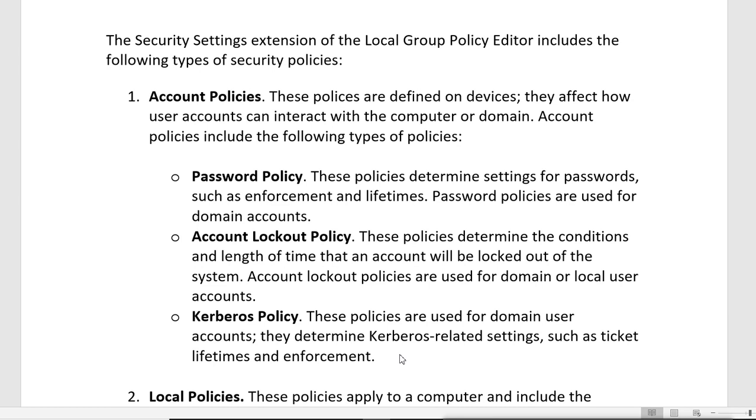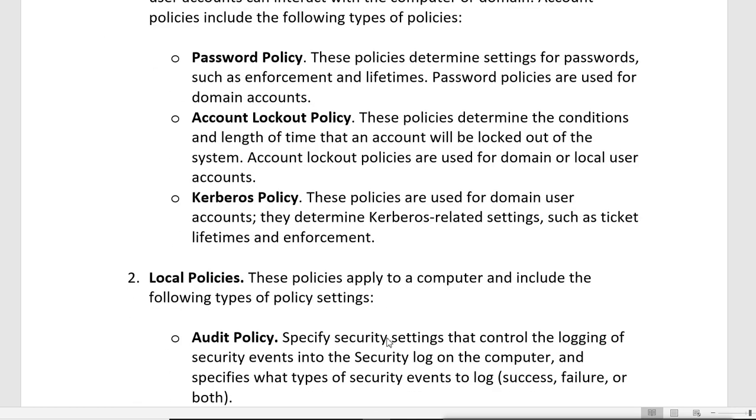But this is available only in the domain security policy. If you do not have a domain and are using a local policy, you will not see the Kerberos policy there.